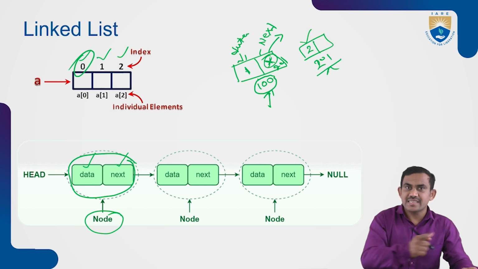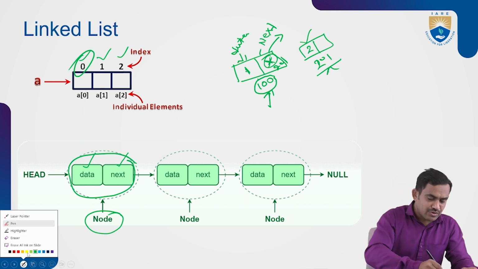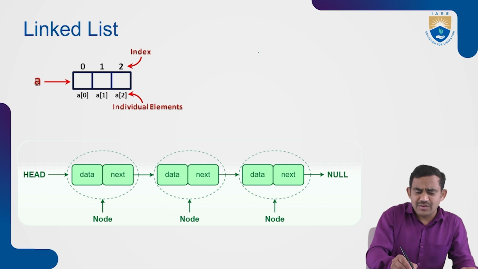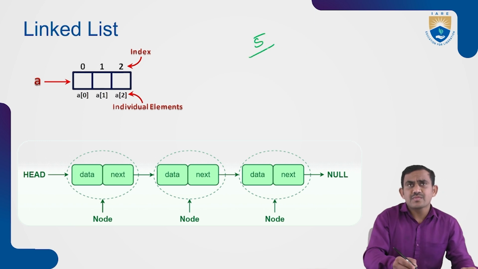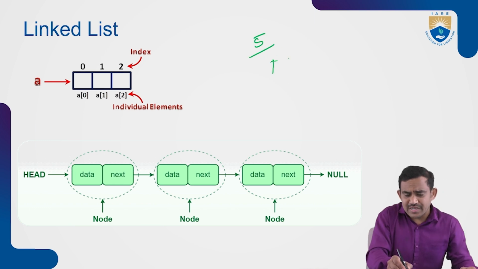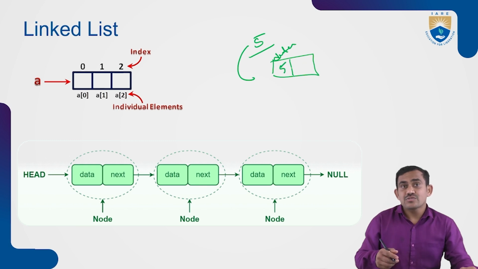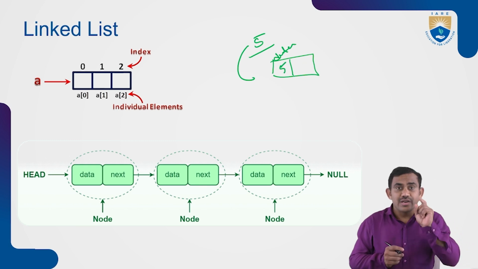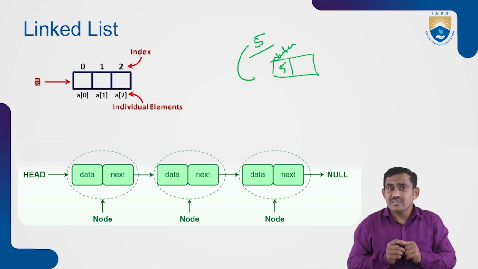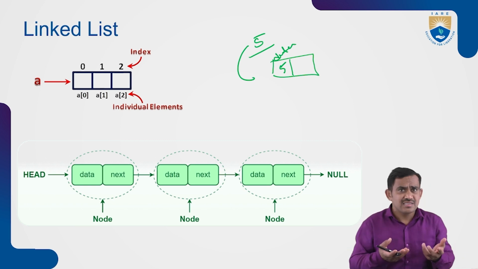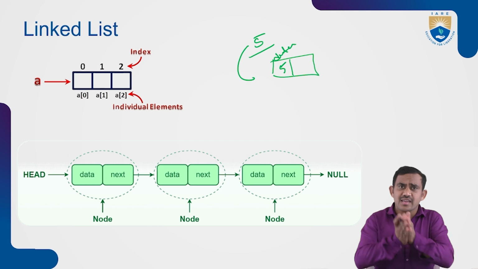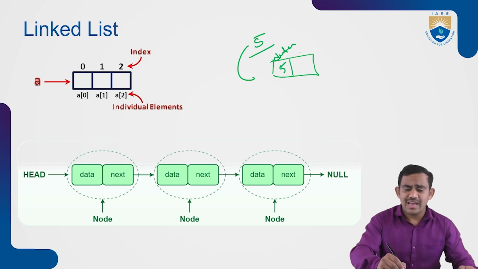So if you want to create a separate node with some value, suppose the value is 5, I created this node having two things. One is data, and I gave the data as 5, so 5 is here. When you're creating the node, one is data, and the next one is the next address. The variable name is next, so this holds the